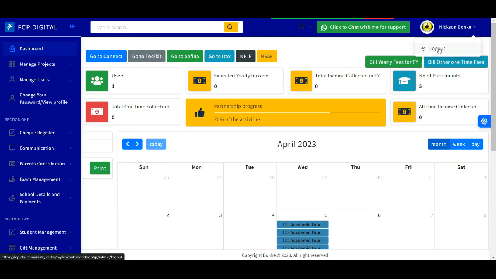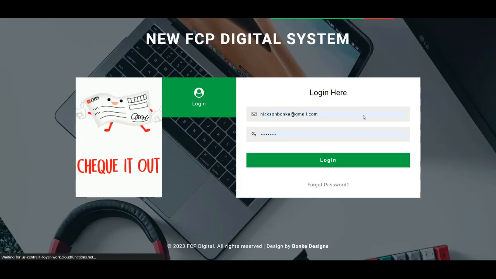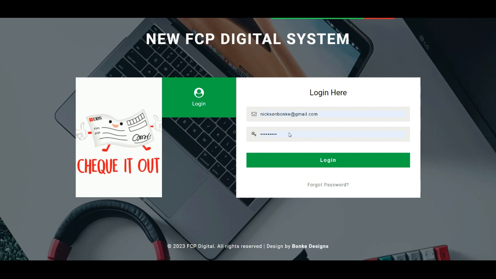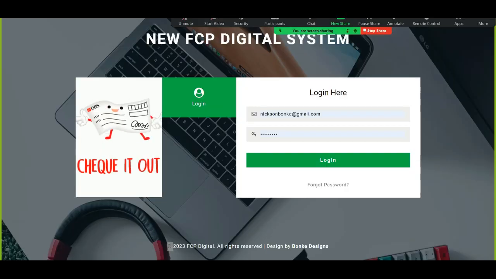Right now let me log out, right? So let me log out. I know you know how to navigate to this page here. That's the landing page that you will have. It will be a login page. So when you open the